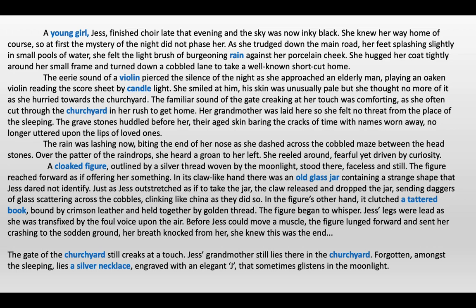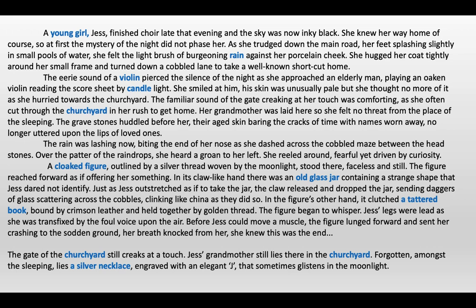The figure began to whisper. Jess's legs were leaden as she was transfixed by the foul voice upon the air. Before Jess could move a muscle, the figure lunged forward and sent her crashing to the sodden ground, her breath knocked from her. She knew